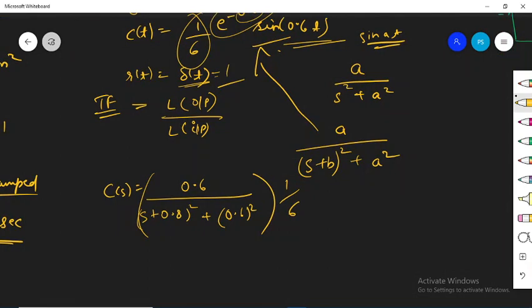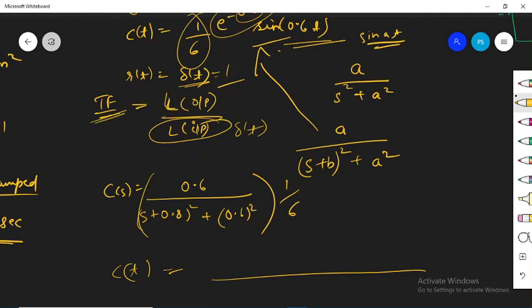Another very important point that we need to discuss is that whenever in any question, they give us that the response of a certain system is given like this, then what's going to be the transfer function when unit impulse input is applied to it? Always remember, if you apply an impulse input, the transfer function will be the Laplace transform of the output itself, because the value of the input becomes 1, so something over 1 is the same thing.